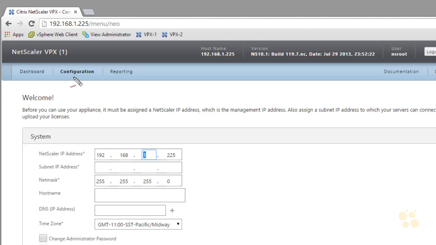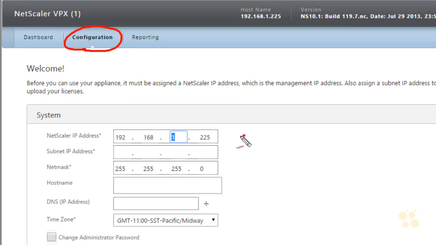Now that we've logged in, it's connected us to the configuration page, and it's giving us a chance here to change this NetScaler IP address, the NSIP. And then secondly, it's asking for the subnet IP address, which is the SNIP, the subnet IP address. And again, that subnet IP is the IP address the NetScaler is going to be using as it sends packets to these servers, which are usually on the more trusted, or at least the